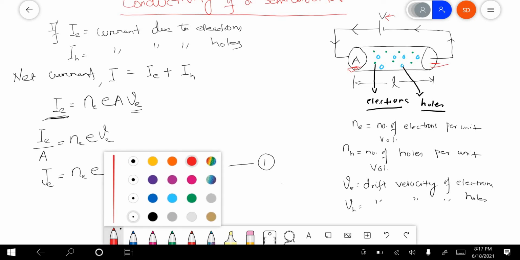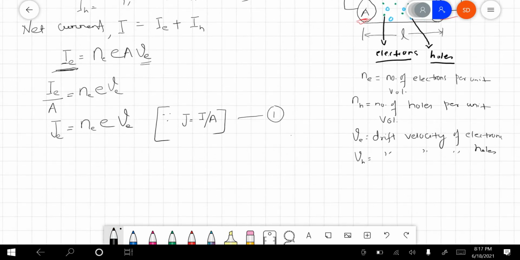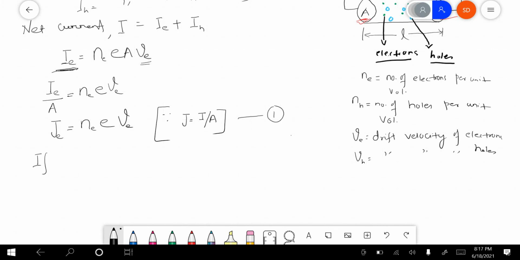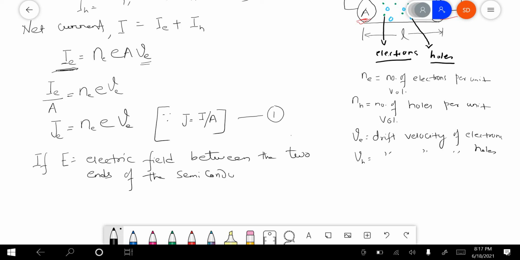That electric field we assume as E. If E is the electric field between the two ends of the semiconductor, then what we will get is